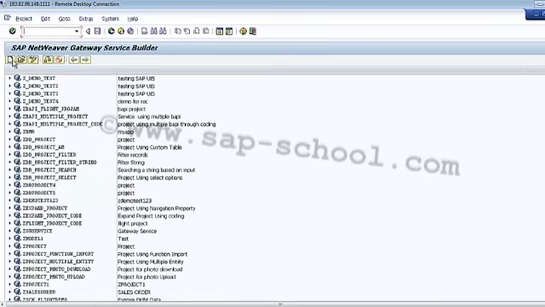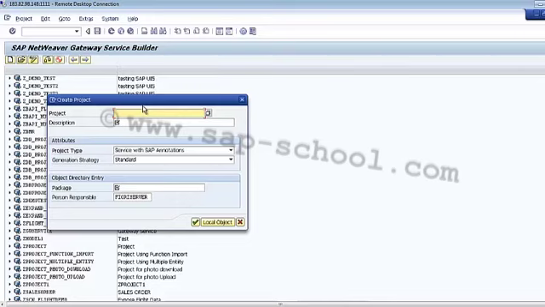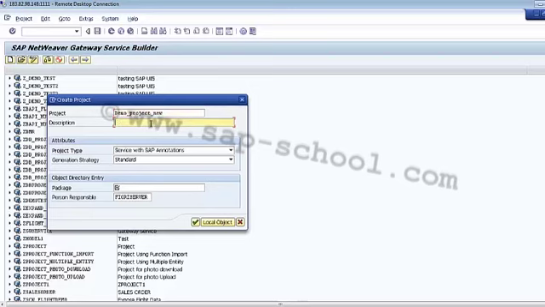Now in this we have the menu from where I can create the project. So first of all, how we create the project is we have to click on this icon which is for the new project. Then we have to give the name of the project. So let's say if I want to give demo underscore project underscore new, then we can just copy the description, or we can change the description as per a requirement.